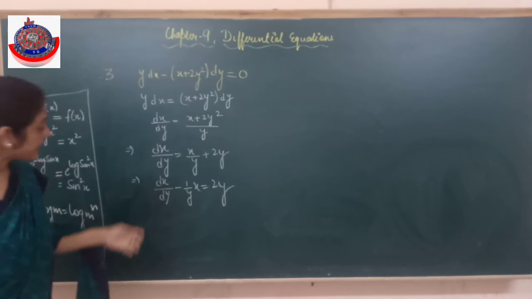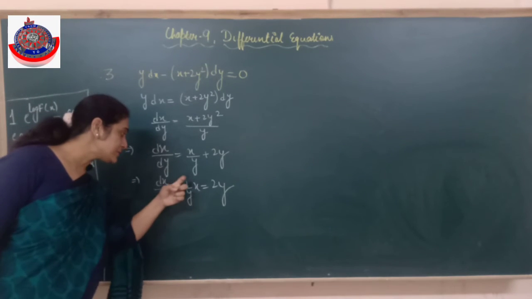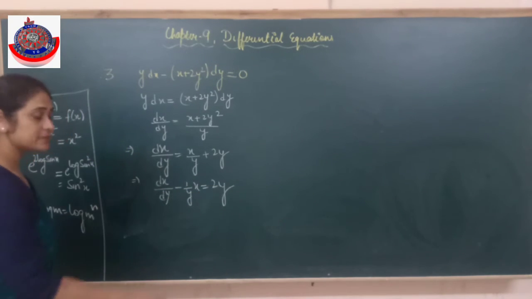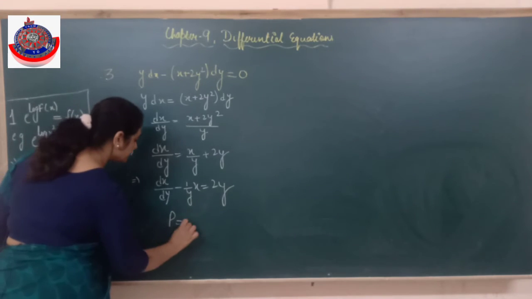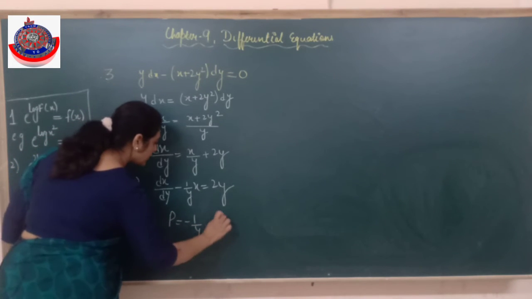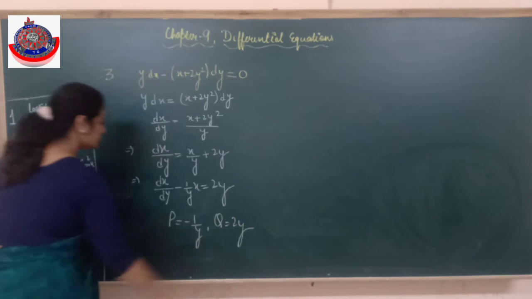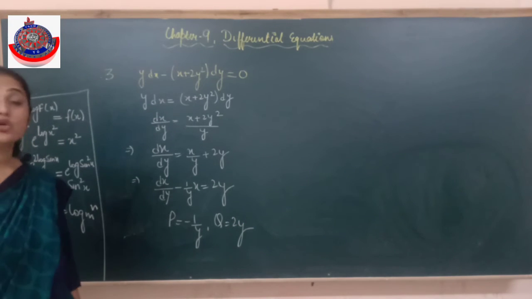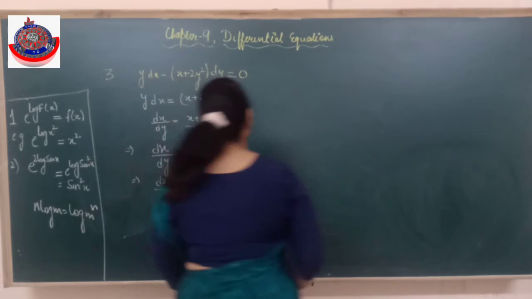So I'll compare this with dx upon dy minus px is equals to q plus px. So what is my p? What is my q? P is minus 1 by y, q is 2y. So what is the next step? To find